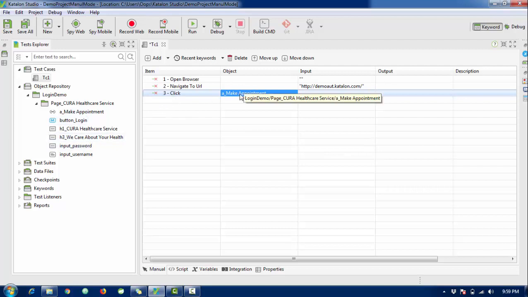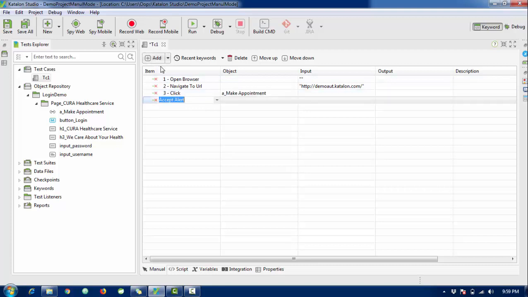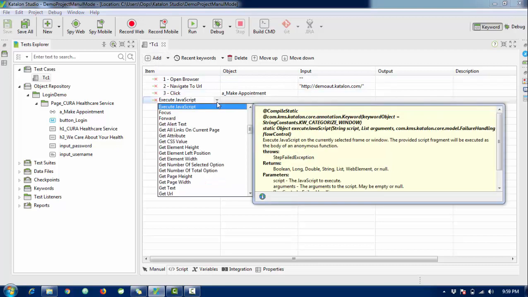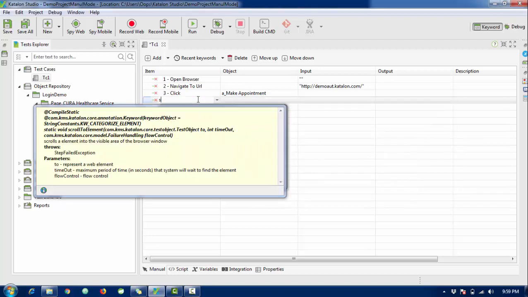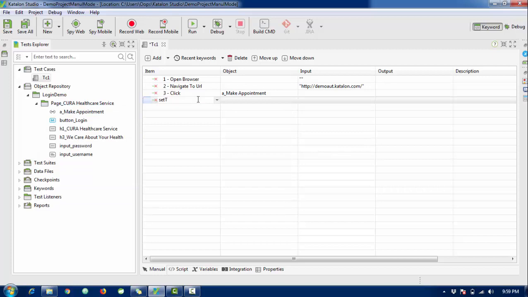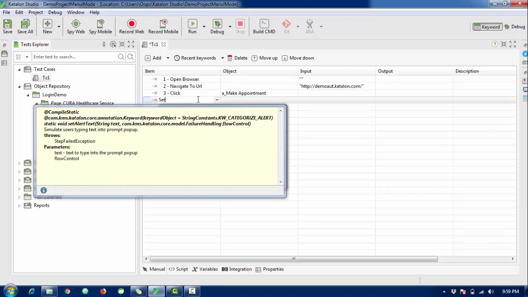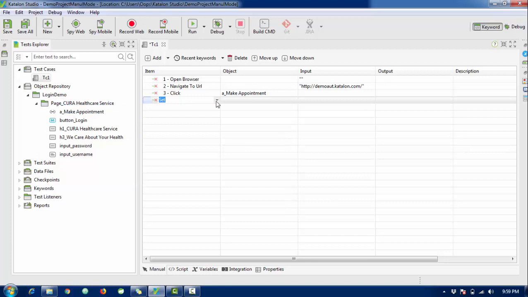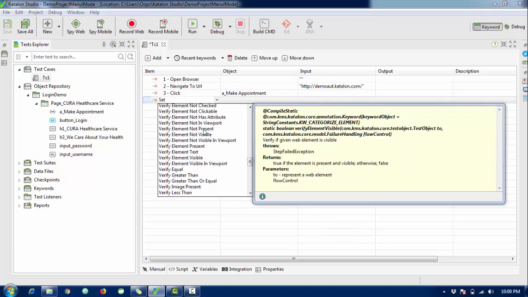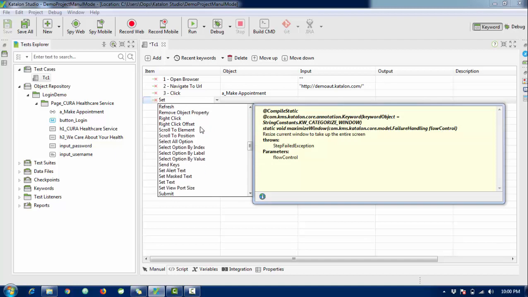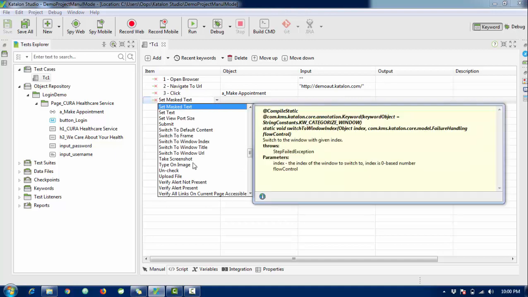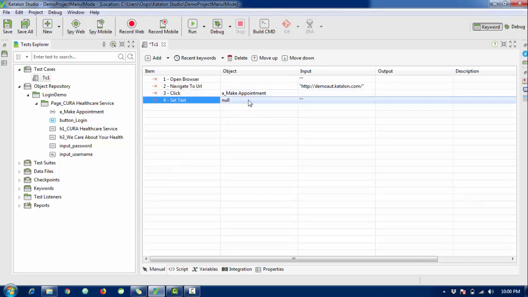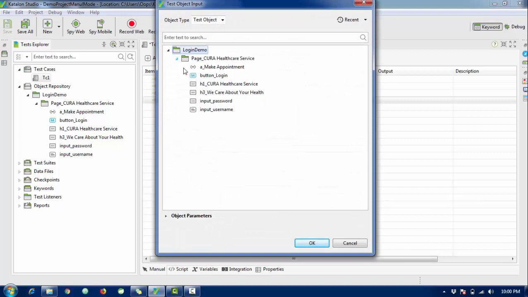When the user clicks, it will redirect to the login page and we need to set some text. So then I'm going to use set text. Set text, capital letter, set. We are going to search it manually. Set text, sorry, it's not here. Set text. So I'm going to set text for username, and